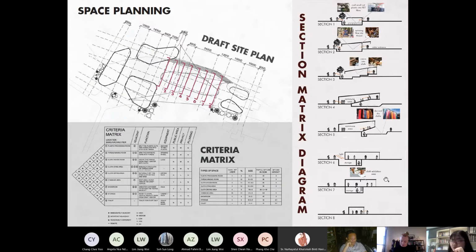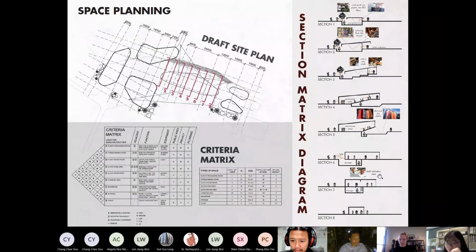After that, they store it in the storage, and the storage is connected to the cloth exhibition area, where I proposed that these two spaces before are more like a workshop, so they can actually access the end product of the cloth. What cloth they are going to take, they can refer to in the cloth exhibition area, and then they can buy it from there.